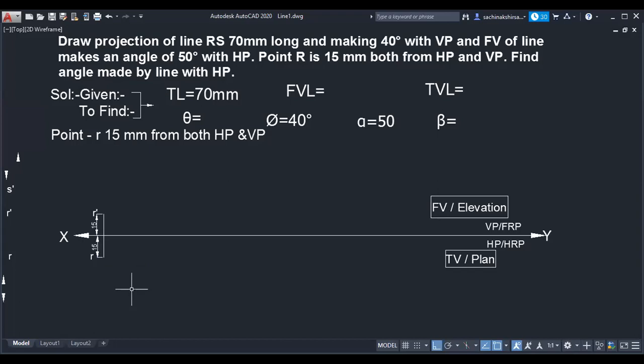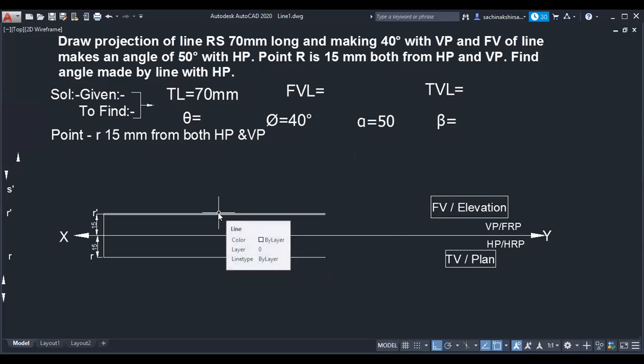Any problem up to this? Immediately, once we get the point, what do we have to do? What have I told? Very good. We have to draw immediately the locus of that point. What does locus mean? Set of points. Once we get a point, immediately we have to draw the locus, a horizontal line which will indicate the locus of that point.